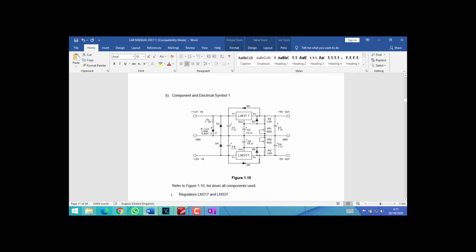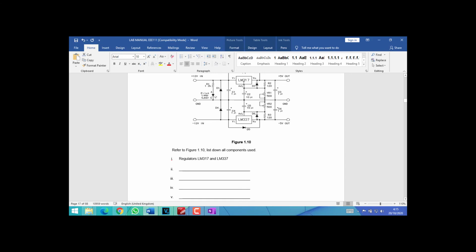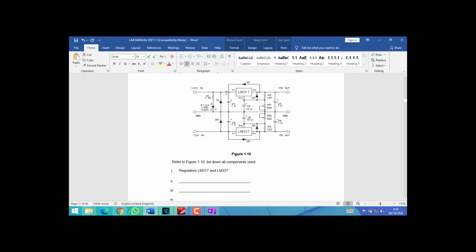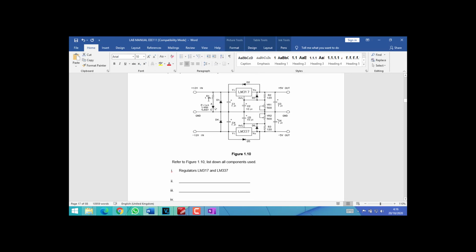Okay, next, component of the electrical symbol. So refer to the figure 1.10, list down all the components used. For example, this one is the regulator. So this is the function of the IC, which is the regulator, LM317 and LM337. And the next component you can put here is, for example, a resistor. Okay, we have the resistor. So you can write down here what is the